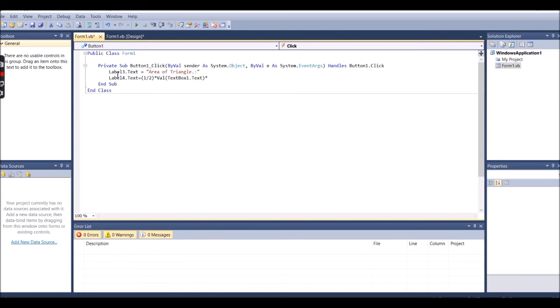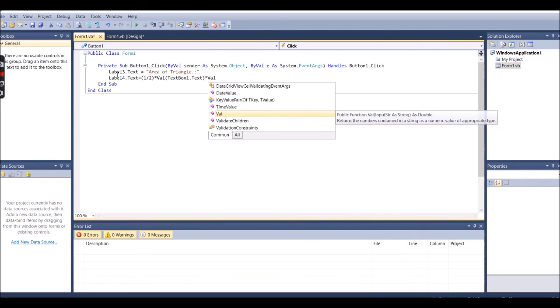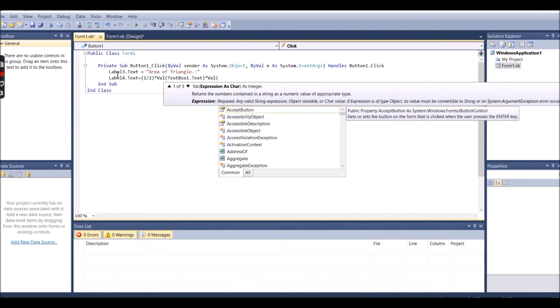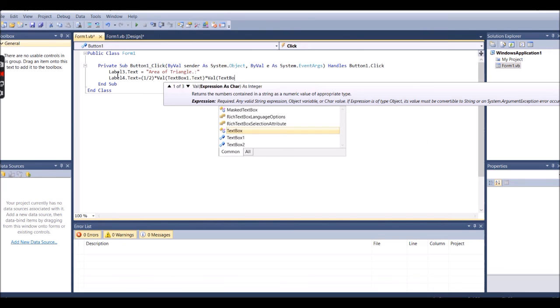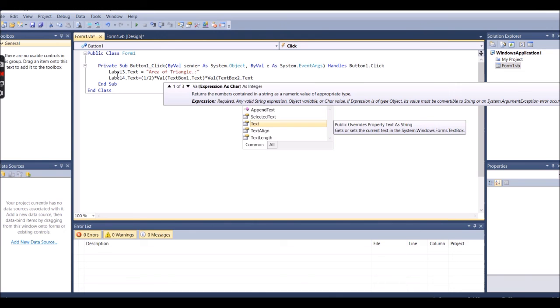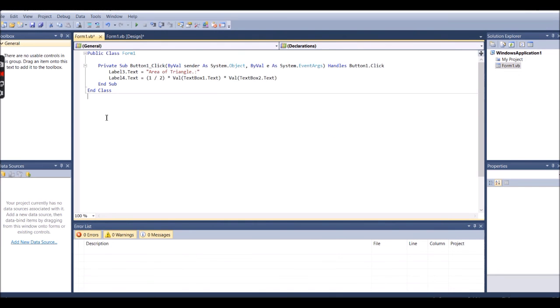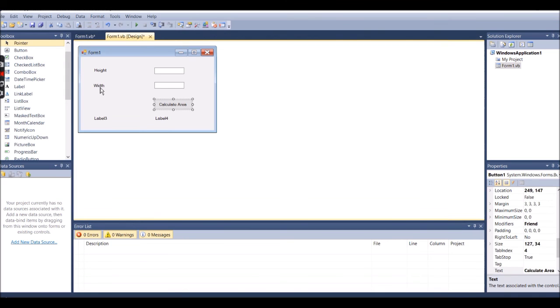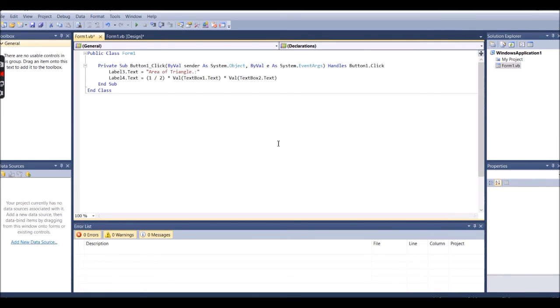After that multiply, after that again Val, after the bracket open, TextBox2.Text bracket close. After doing this, just to remind you one thing, just make this one as base. Okay, just change the name, no problem, you can change the name. After that you go to this one. Okay, now you have written all this.